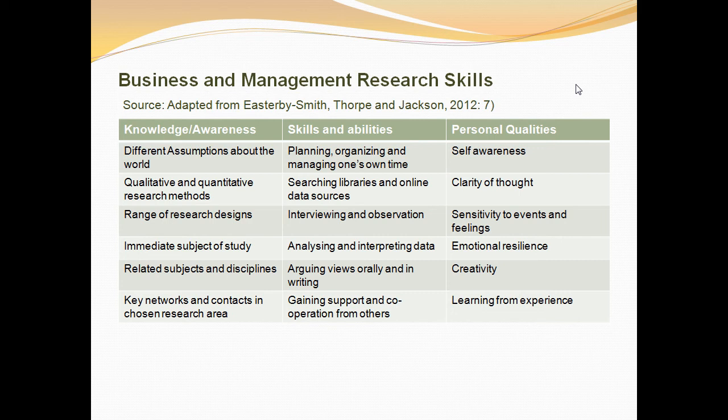In the workshop, we're going to have the opportunity for you to test and grade where you think you are at a particular moment in time, and we're going to have a discussion and debate about why you think you are where you are. But if we take the knowledge and awareness aspect first of all, you can see that it has a range of areas in it. I would not want to talk about all of these, but I want to focus on one particular element: the key networks and contacts in your chosen research area. You're going to have to design a toolkit, so you're going to have to get access to an organization as a case study or a group